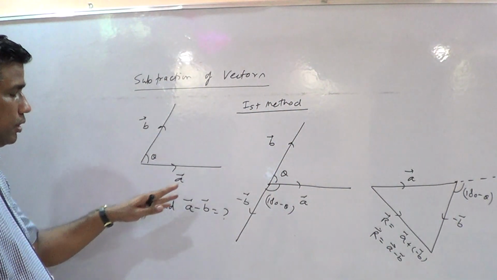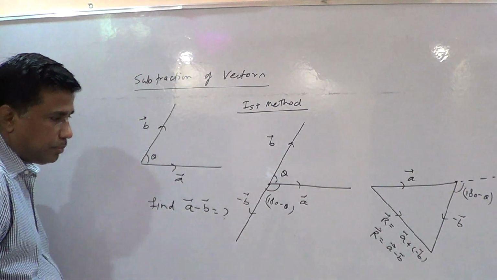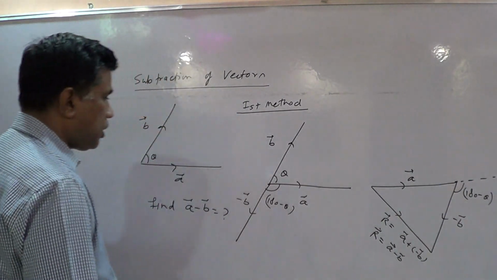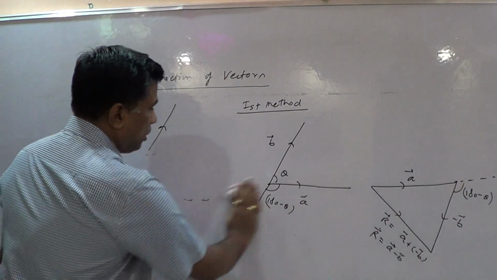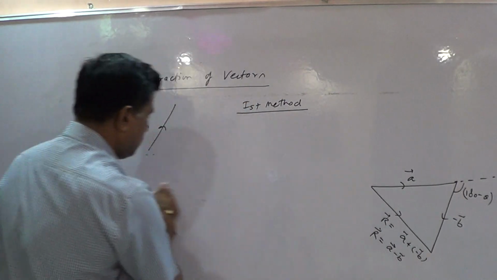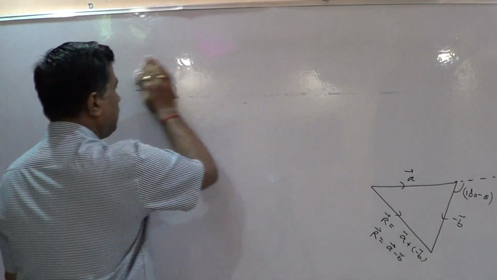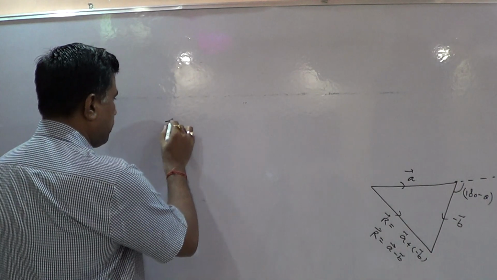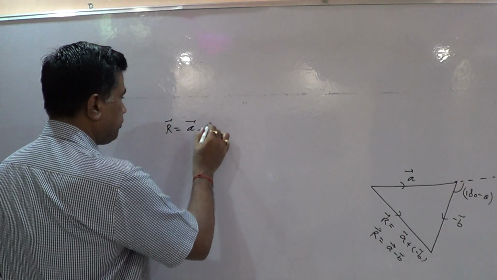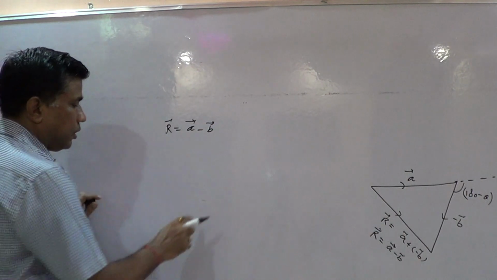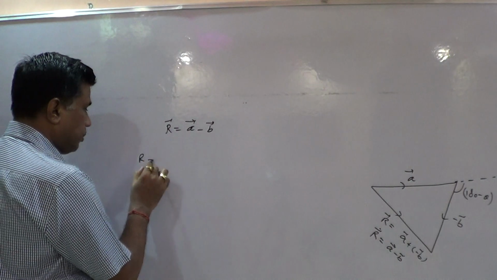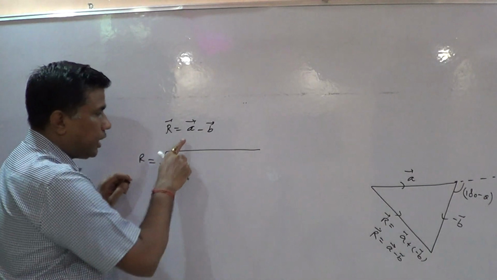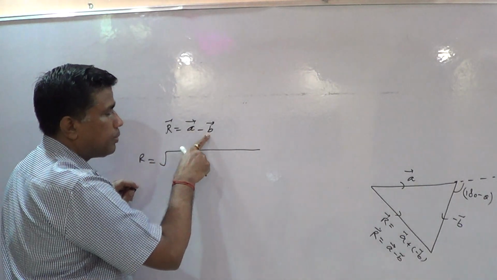So this is how we can get the resultant of these two vectors, vector a minus vector b. Now students, as soon as you find this resultant, that is, vector r is equal to vector a minus vector b, you will write this formula just below it to solve this. Don't think that if this is 5, this is 4, then 5 minus 4 is equal to 1.